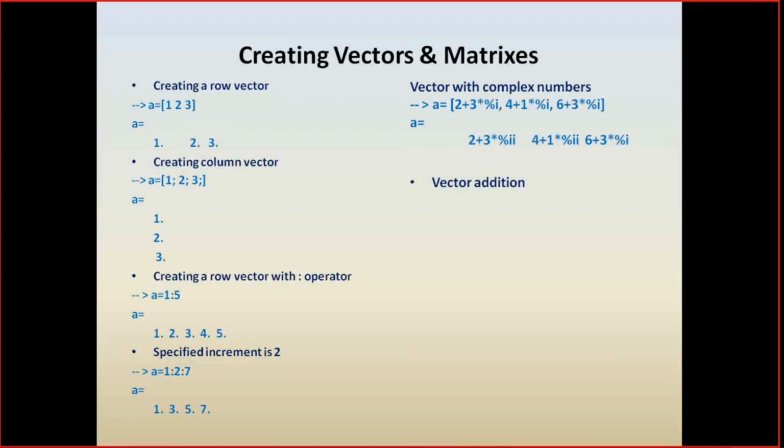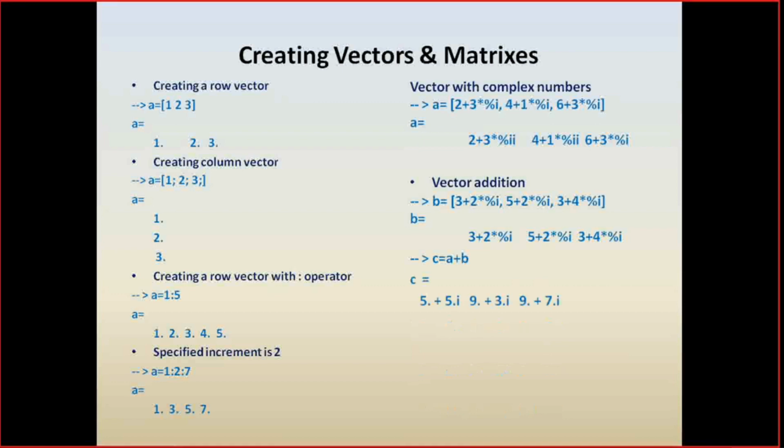Here also we can go for vector addition with the arithmetic operator directly. So I am forming another vector B with these values. Now I am adding the vectors A and B, for which I give the command C = A + B. So I am able to calculate the A plus B value directly. Similarly, we can go for vector subtraction, C = A - B, which gives the difference between the values A minus B.